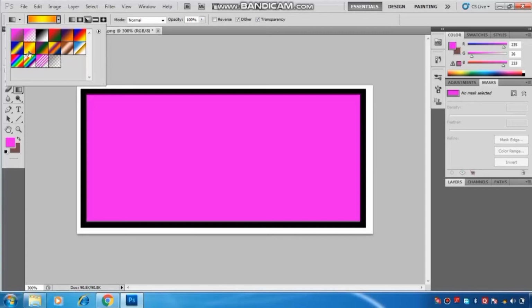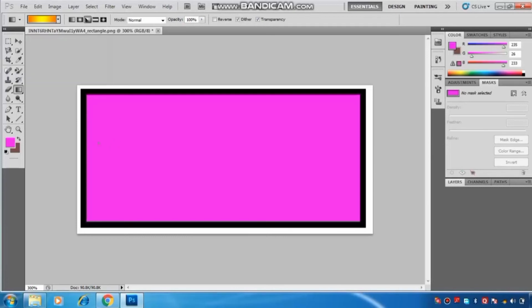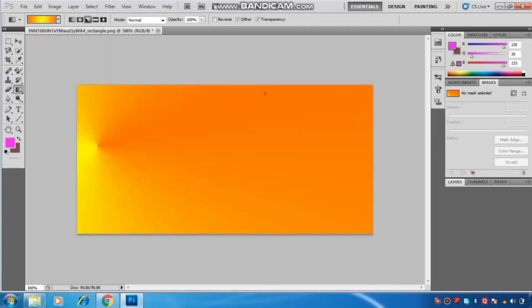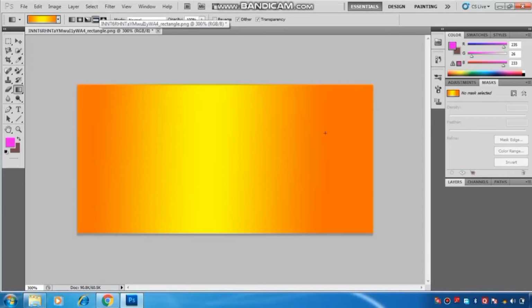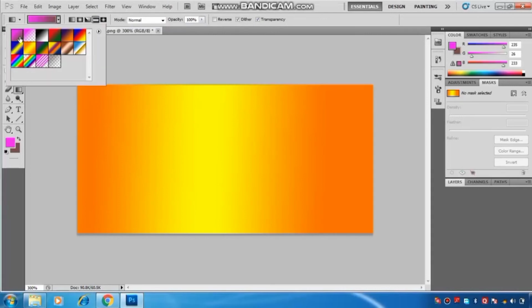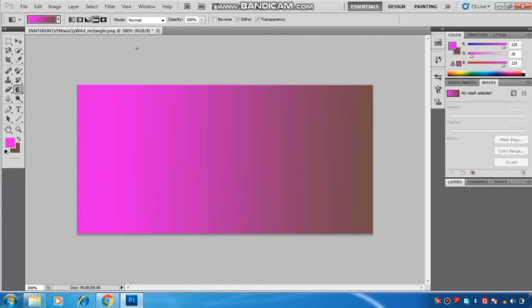Now we will click and drag in the selected area where to apply the effects. Okay, so this one is my gradient type. If I select this, then after that I have to apply it on my image like this. Okay, look here, the gradient of our image will change, and by clicking on this menu you will change the designs, or the appearance also, like this. Okay, and if you want to change the gradient, then you will select the other one, and like this you will change it. Okay, hope you all are clear with the gradient tool.